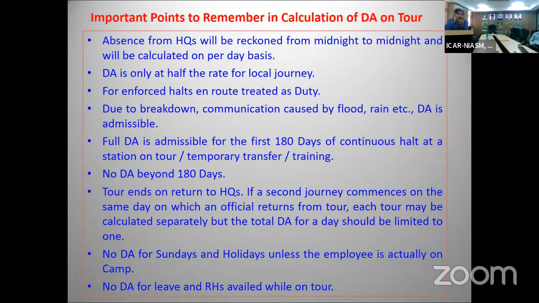पहले आप जब स्टार्ट किए, जिस दिन जिस टाइम में आप स्टार्ट करेंगे, उसी दिन का रात 12 बजे तक आपका कितना आवर हो रहा है, डीए उतना ही होगा। एब्सेंस, हेडक्वार्टर से कितना हुआ, डीए उस हिसाब से होगा।